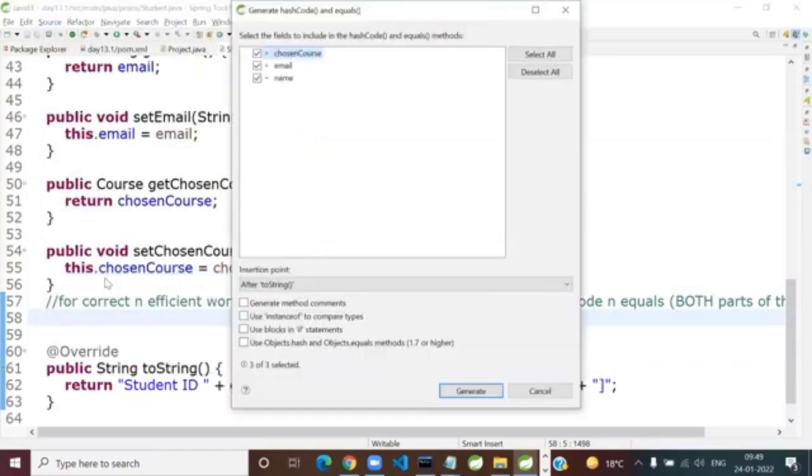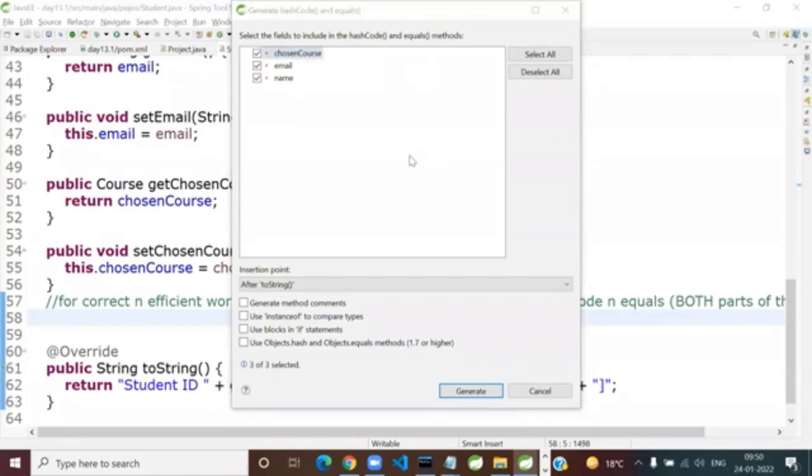And now there are certain tips again coming from Gavin King. Gavin King suggests check if your Student has some unique key. So tell me, does our Student class have a unique key? Yes or no? The answer is yes. Which one? Email.